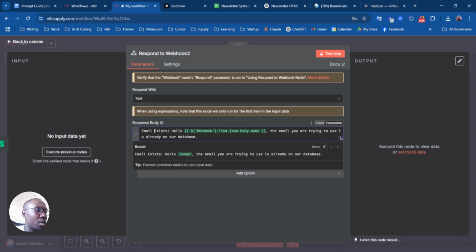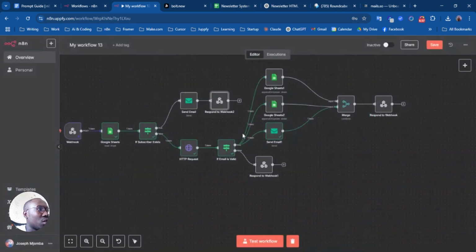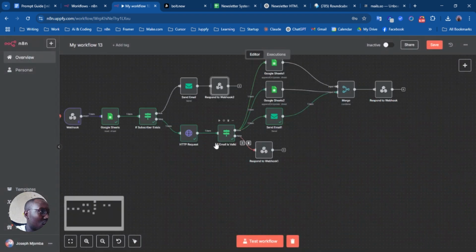Let's say email already exists. Hello Joseph, the email you're trying to use is already on our database. Right, okay, and then we come to the second response, which is if email is valid, it's not valid, that's